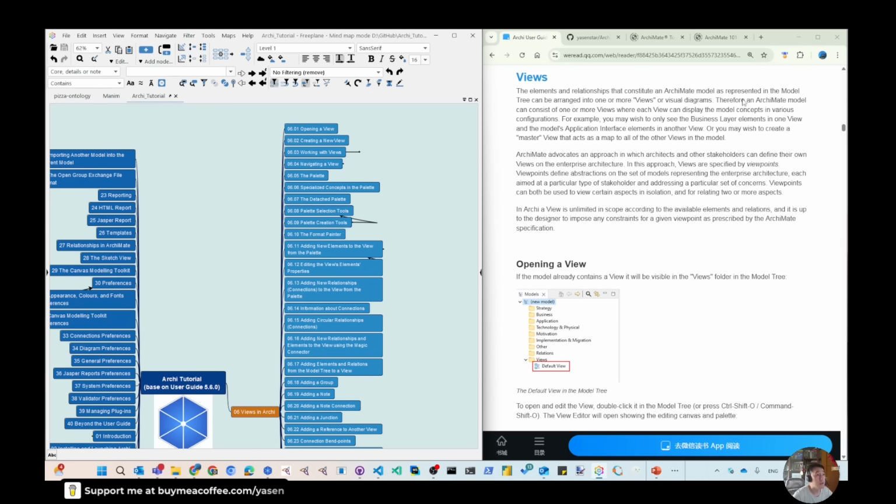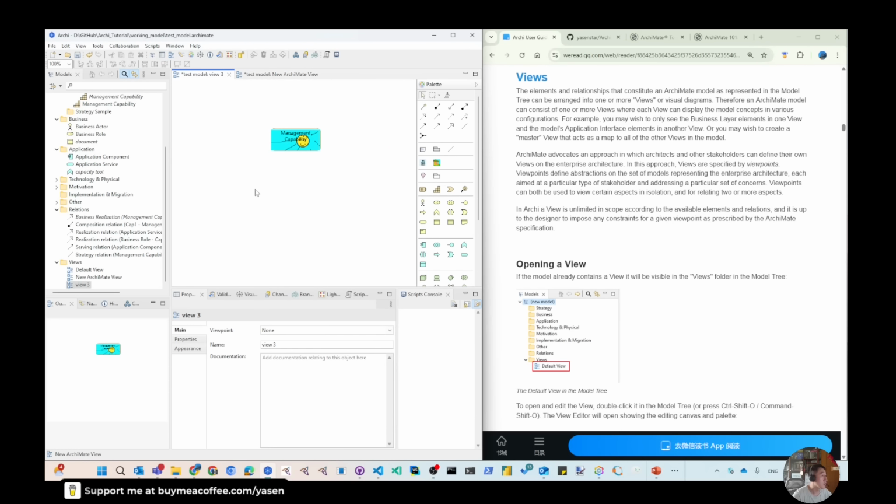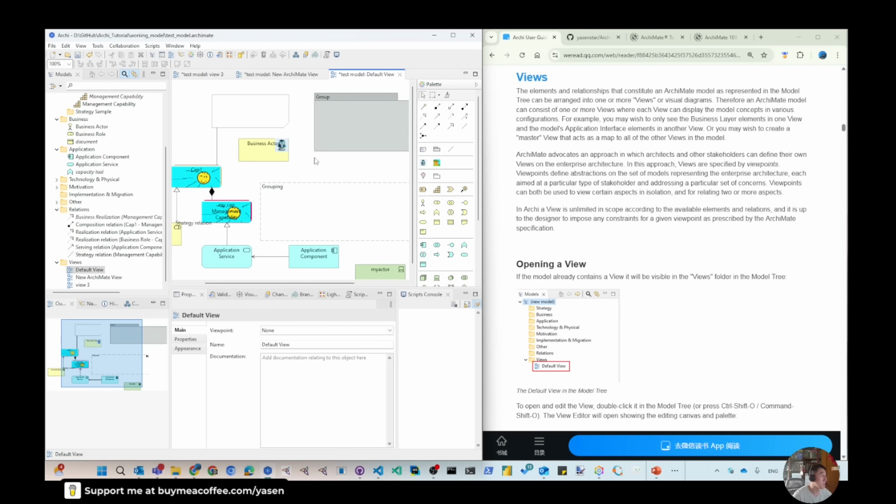So first, what's the view? The elements and the relations constitute an Archimate model, as represented in the model tree, and can be arranged in the view. So you may consider a view is just like a diagram. Every diagram within the Archi tool can be treated as a view. When you create a new model, you remember we have a default view first